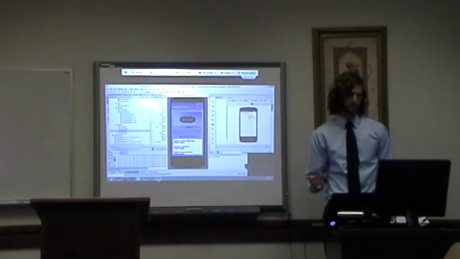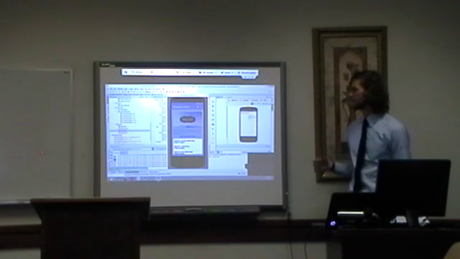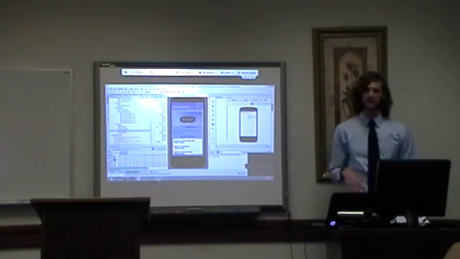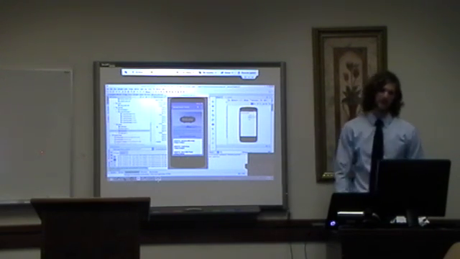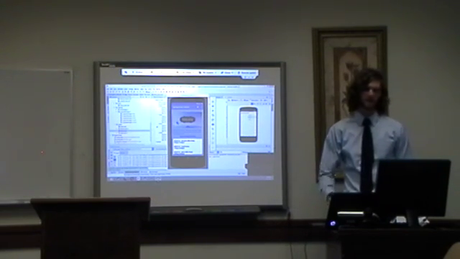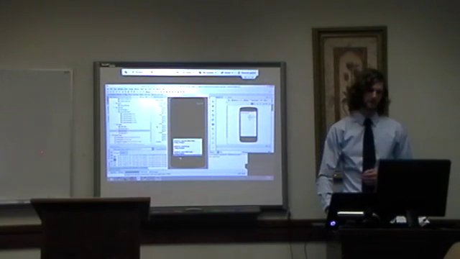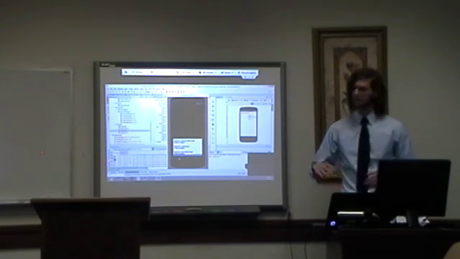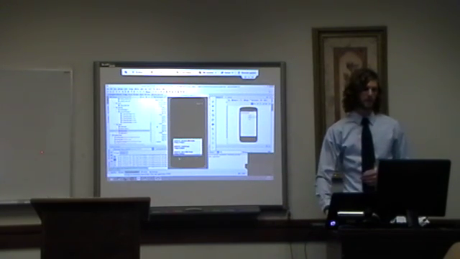Built into the studio, they have what's called an emulator, where you can see what your app looks like on a phone. You can specify what kind of device, whether it's a tablet or a certain kind of Android smartphone, and then check it out and see what your app looks like. So this is the home page of my app, and as you can see, I just have a basic image, sort of like a verse of the day going on, and then down here, upcoming events. It's all set up to be sort of like if it were pulling from a database, then this is what it would look like on the front end.